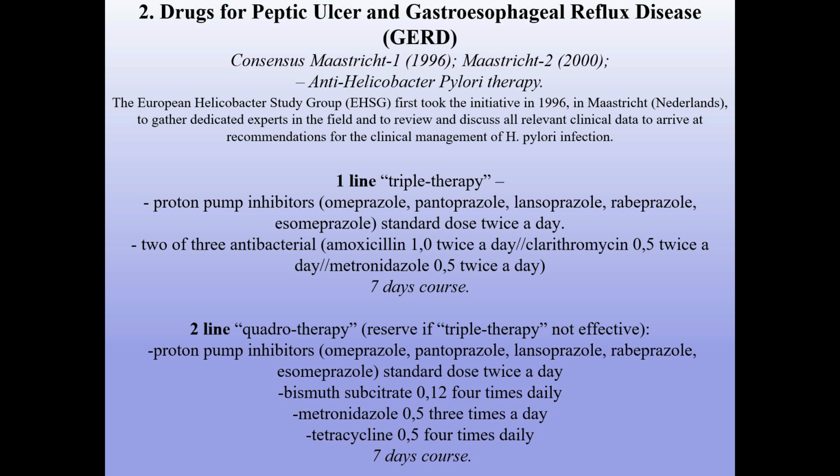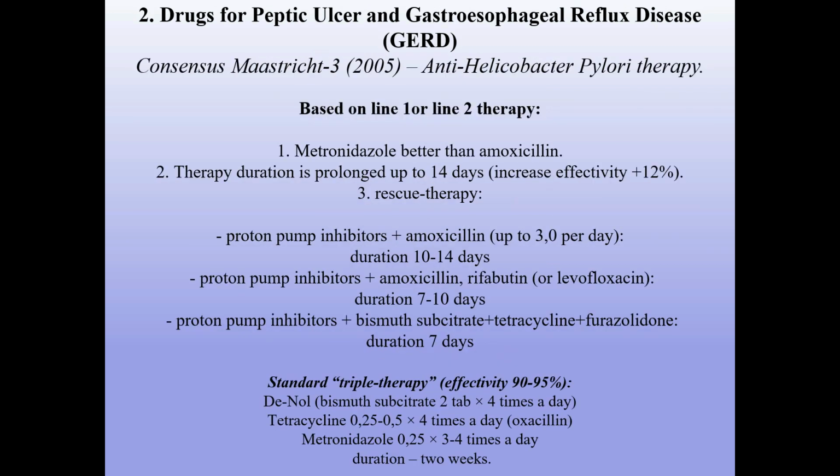Proton pump inhibitors, standard dose twice a day. Bismuth subcitrate 0.12 4 times a day. Metronidazole 0.5 3 times a day. Tetracycline 0.5 4 times a day. 7 days course. And modifications in 2005